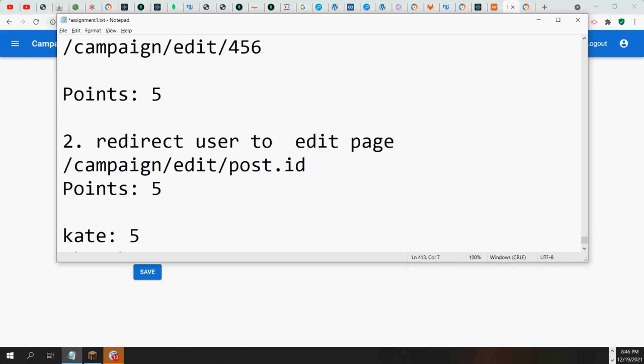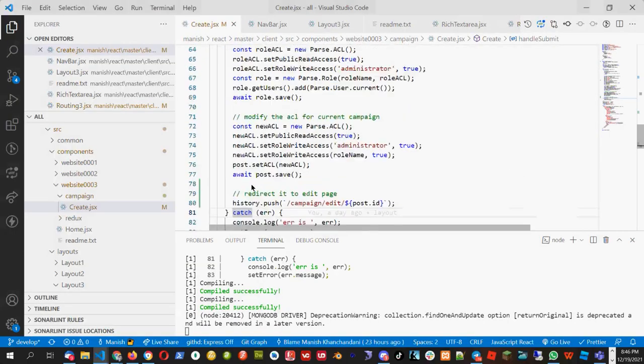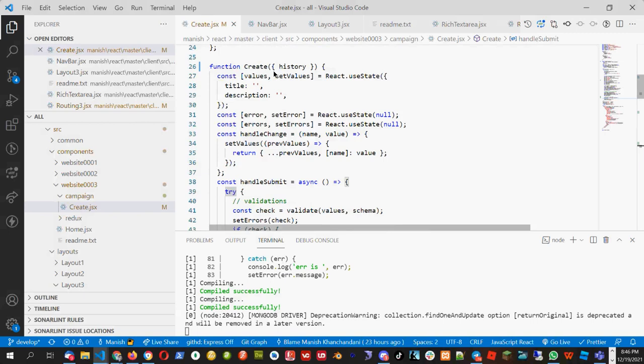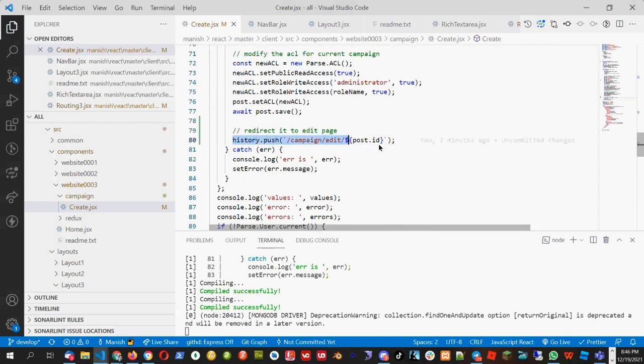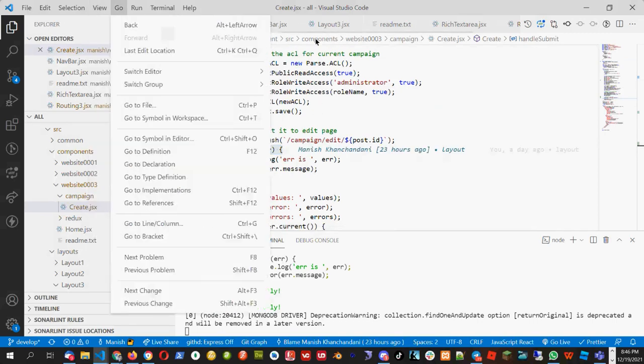Okay, so now we'll give you 2 minutes to write it down. Just get this history here. Make sure you are getting the history in the curly bracket in the create component, and then use this history here after you do the post save before the catch part. And second thing which you will do